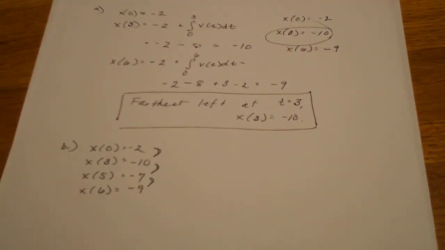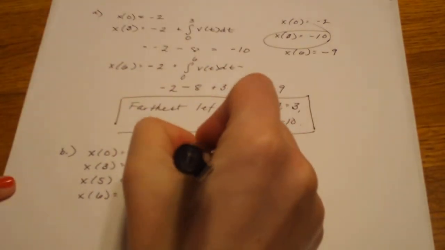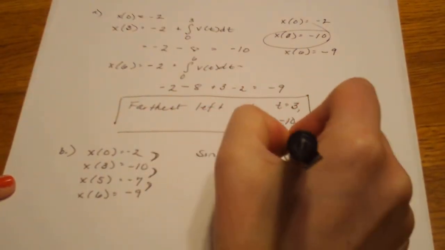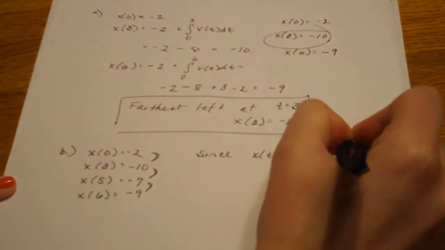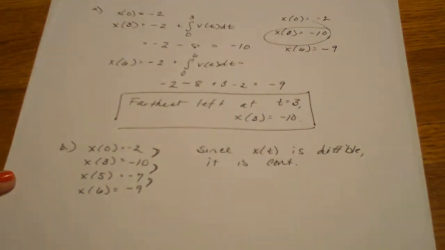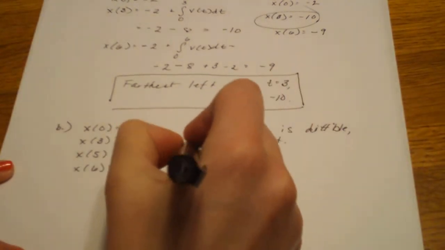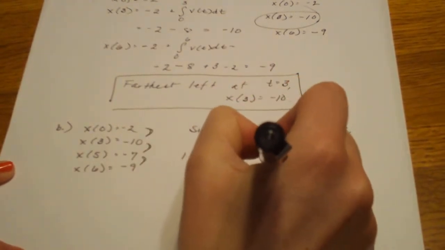When I'm trying to guarantee that I'm hitting something, this does not have to do with derivatives here. I need to know a theorem, something that's going to prove this will happen. So what I can say is that I have a differentiable function. If it's differentiable, then it has to be continuous. Since x of t is differentiable, it is continuous. So I have to get that stated in there because none of these theorems work without continuity. IVT guarantees